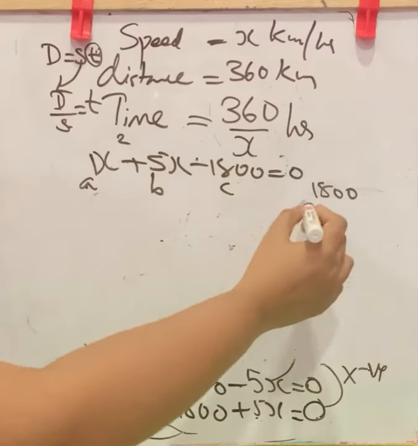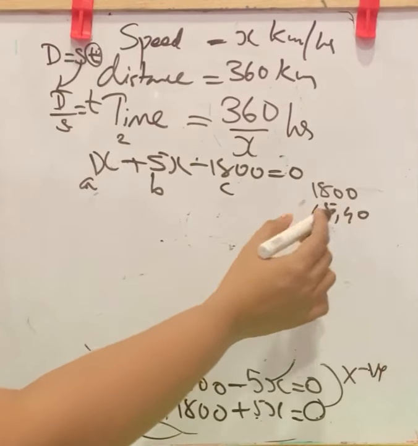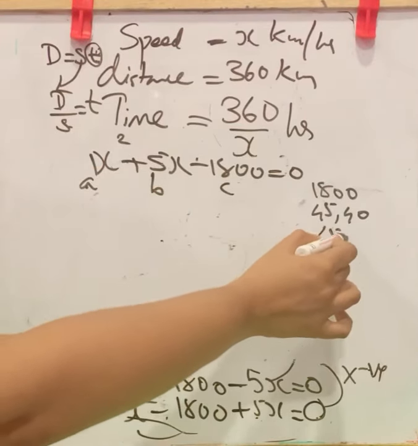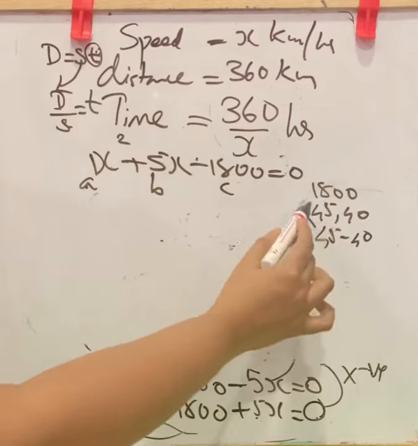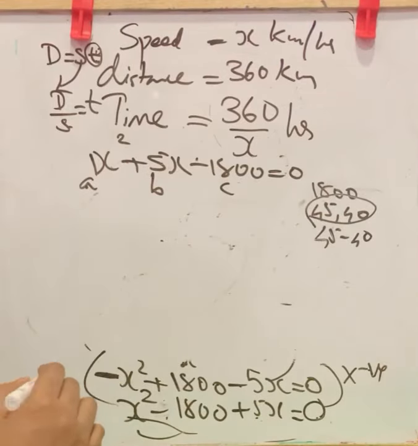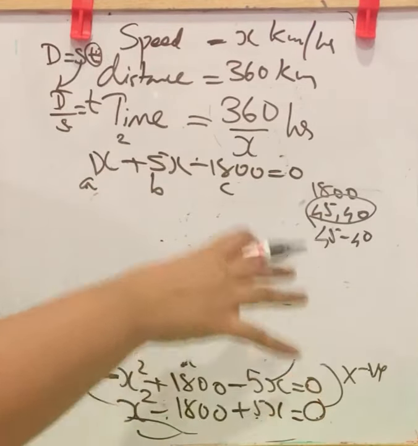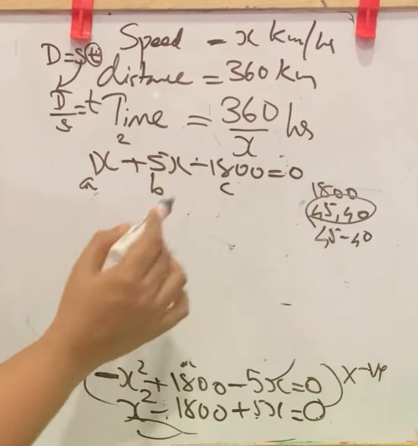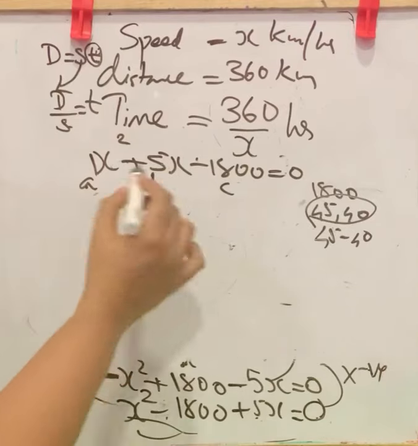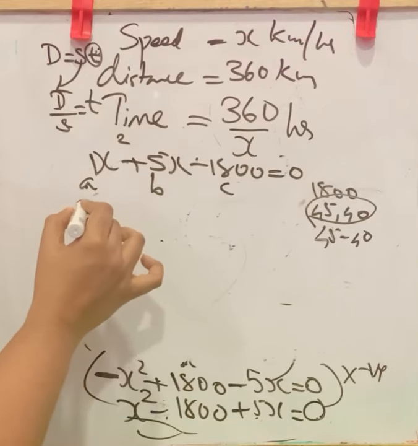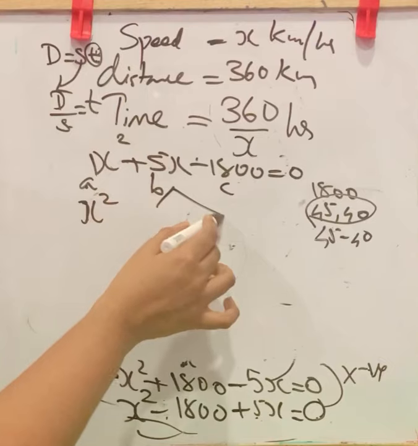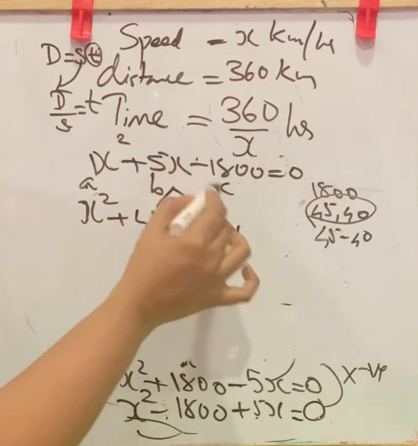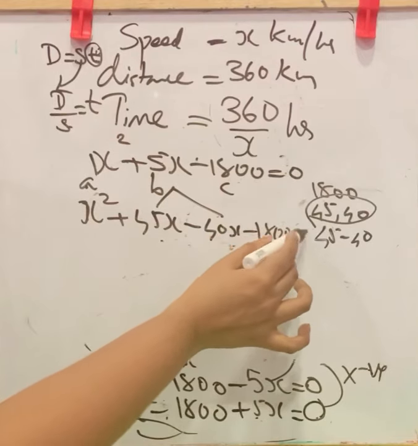Okay, there is one factor pair, 45 and 40. 45 into 40 is 1800. And from this, 45 minus 40 we will get 5. This we are taking from the trial and error method. You want to check all the factors, then choose the correct factor which matches with b. Okay. Now I will directly do it. So we will rearrange this as 1x square plus 5 split into 2, plus 45x minus 40x, now here minus 1800 equal to 0.